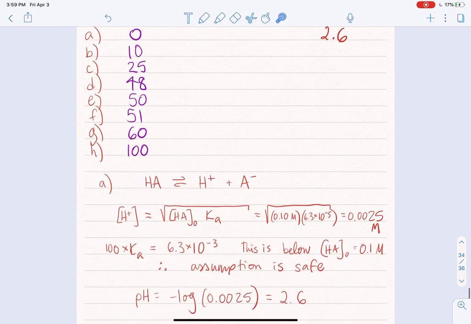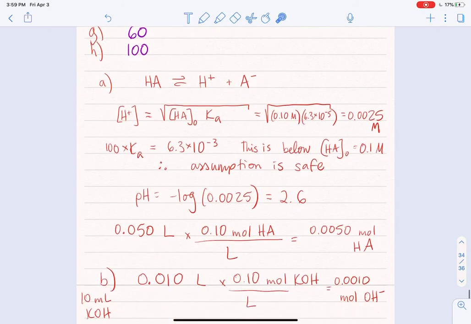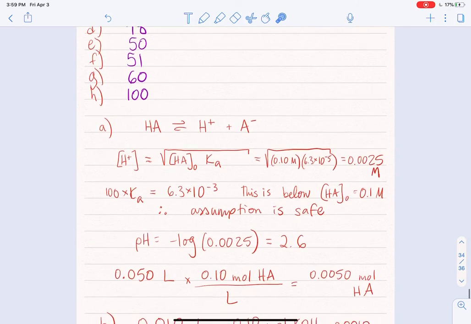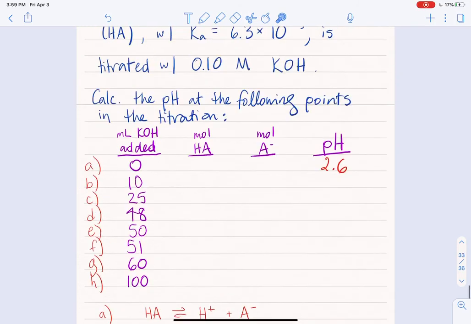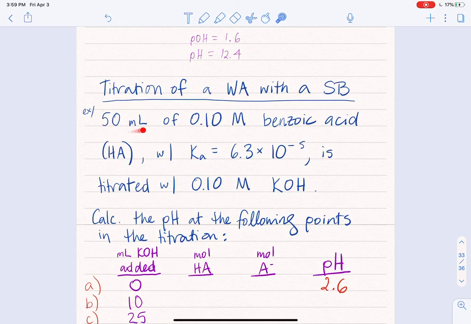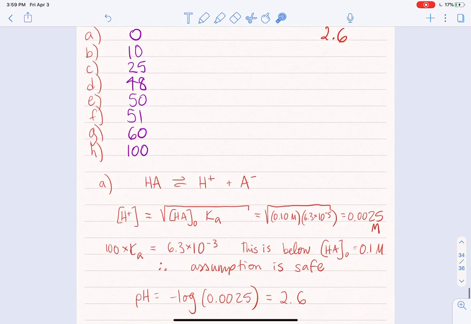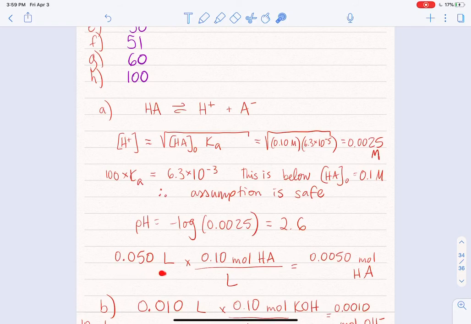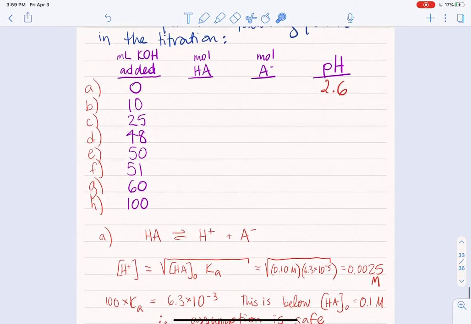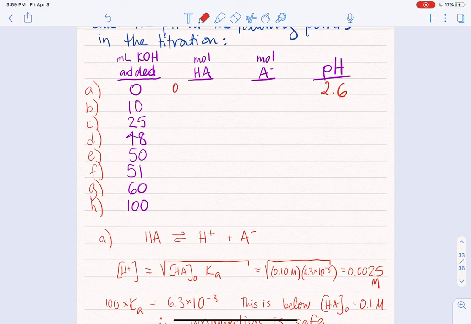And the reason for that is really just because it's going to be useful later for accounting purposes. So the way that I figure that out is by taking the volume and multiplying it by the concentration of benzoic acid. So 50 milliliters is equivalent to 0.05 liters. I multiply that by the molarity to get 0.005 moles of benzoic acid. That's important because down the line, in the next calculation, you're going to see that that number